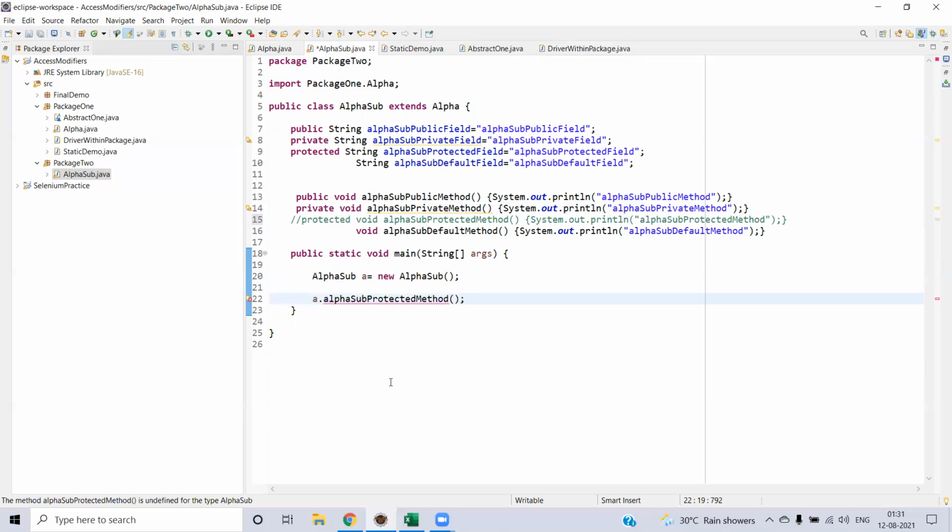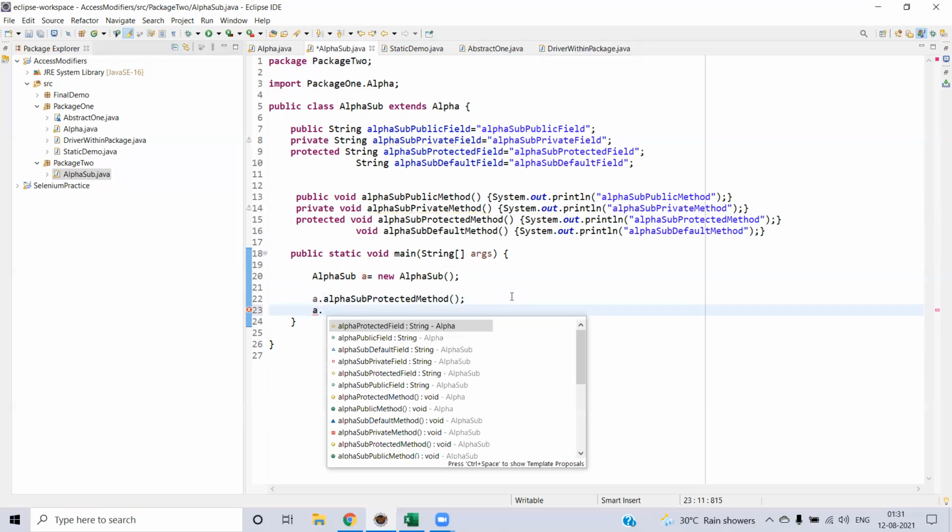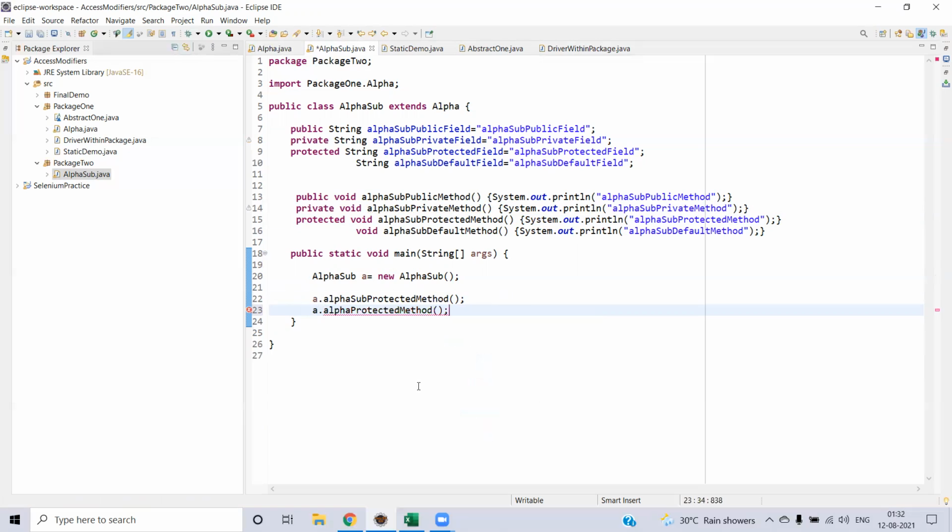Okay, now we are trying to access. That's not required at all, first of all. Now we are calling from the same class. At the same time, we can call the parent class method, alpha protected method. Yes.